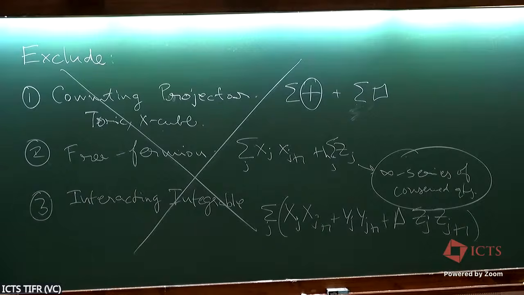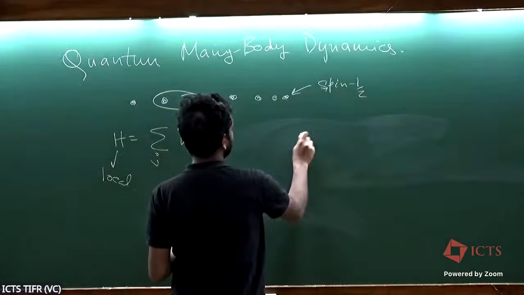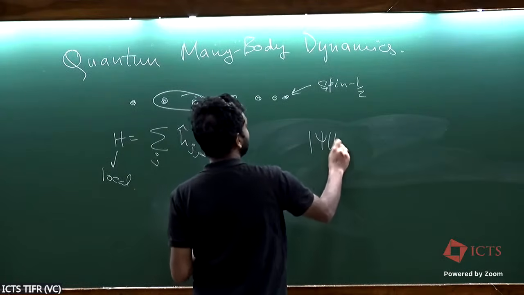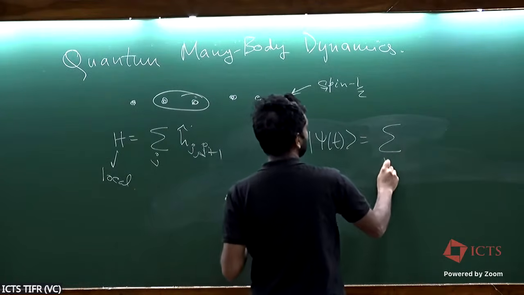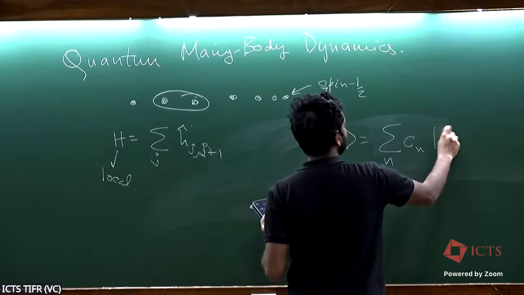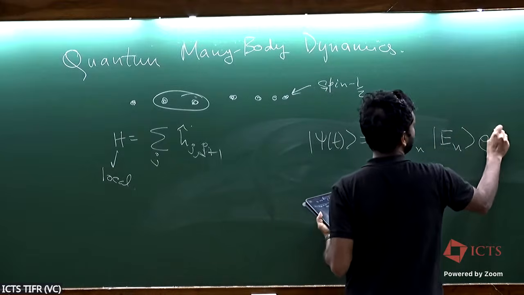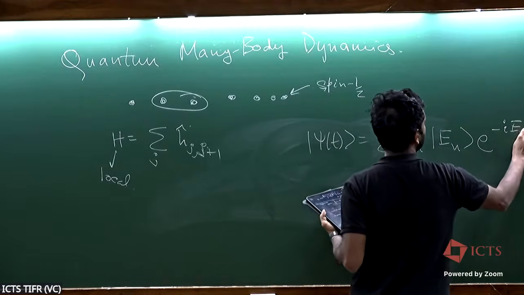So just again, a comment on what are the kinds of states that we are interested in. Looking at the Hamiltonian, so far you have studied ground states of quantum systems. But here, since we are interested in the time evolution, we are interested in studying the properties of all eigenstates. So e to the minus i E_n t.